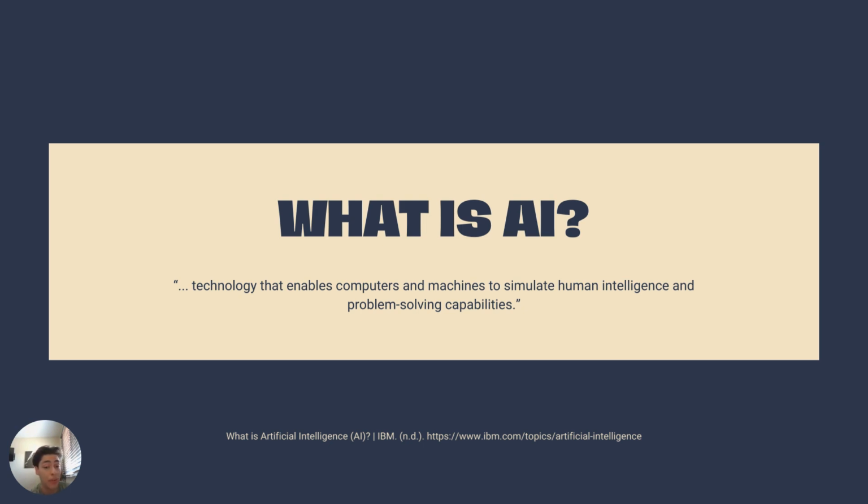This definition is from IBM, but I could define AI as any sort of code from computers that tries to do human tasks. It can be very simple. It's not that complex right now. It has been getting a lot of traction lately, but it's not as complex as sci-fi or other media